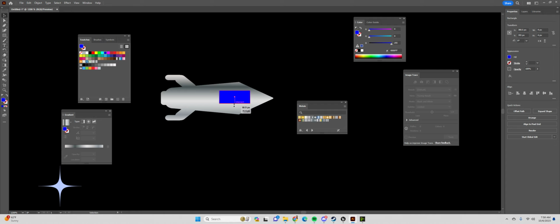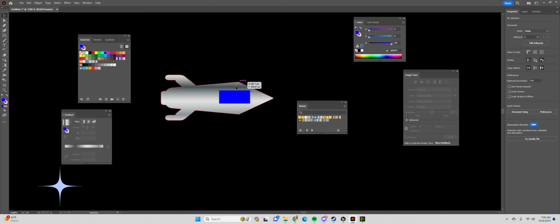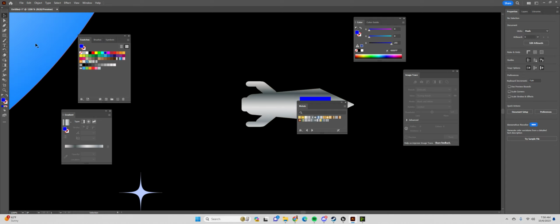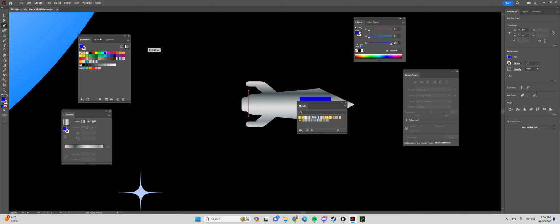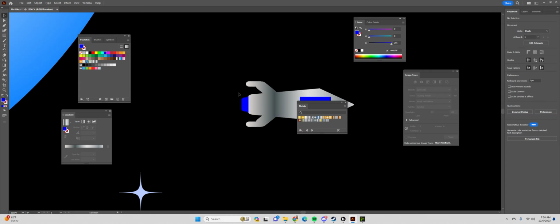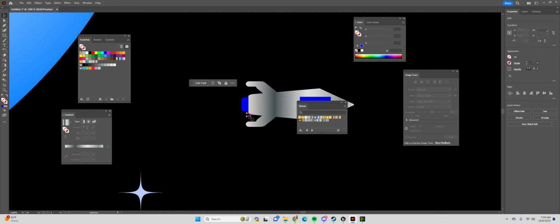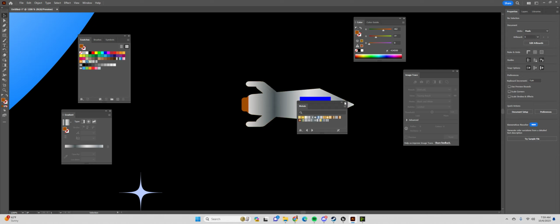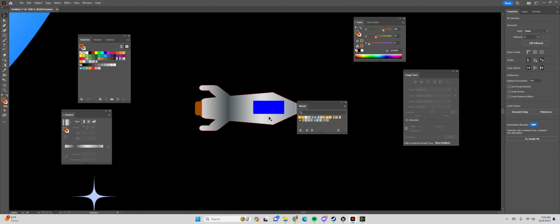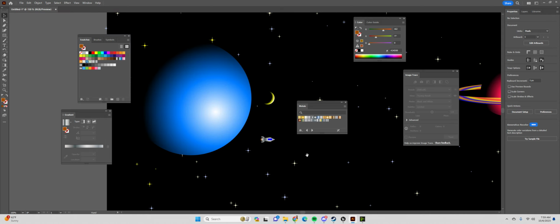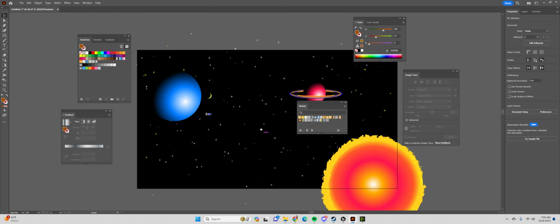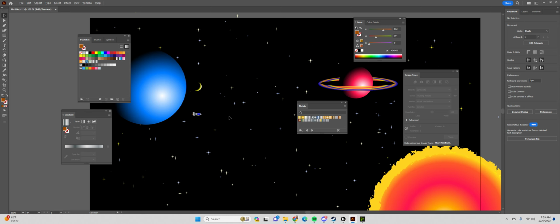And if I wanted to break it apart into pieces, I'd have to use a shape builder tool. And if you want to give it some flames or something like that, feel free, get creative, do whatever you want. So we got our little rocket ship, and